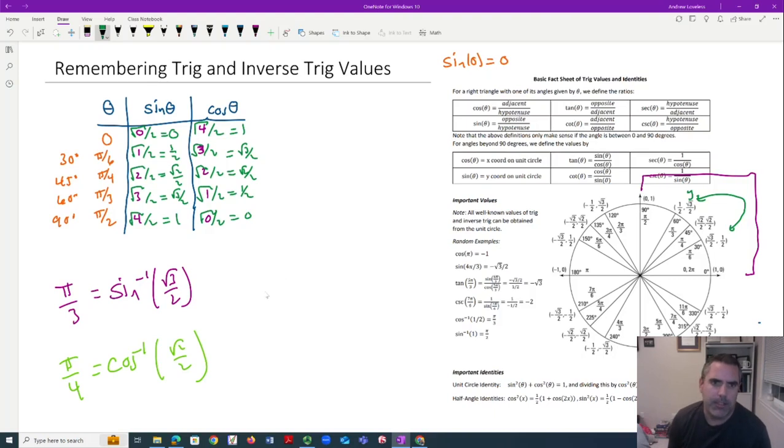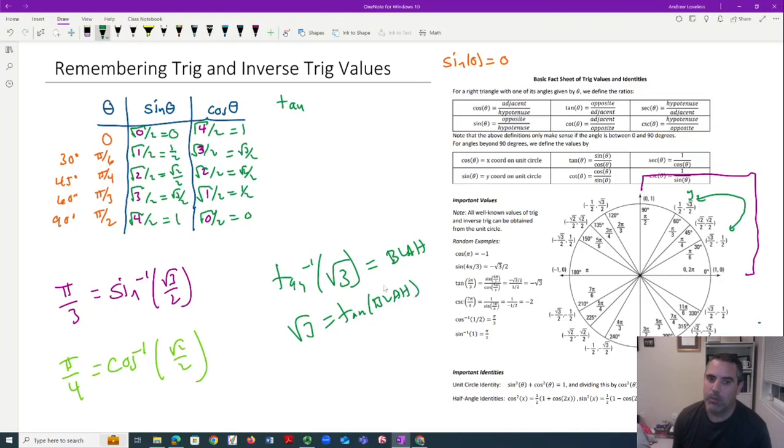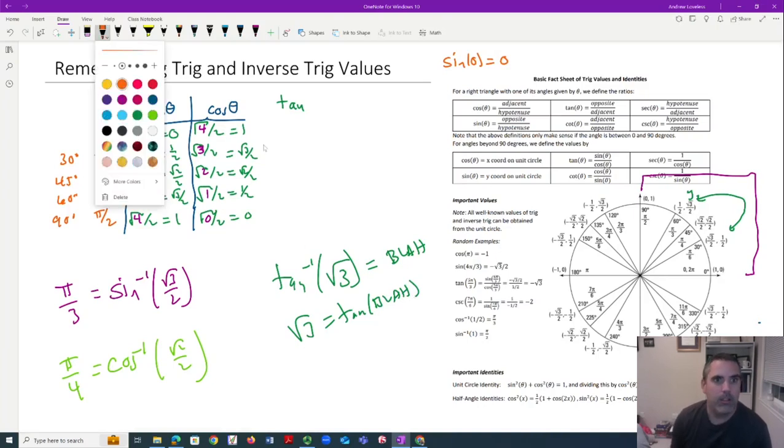Okay, so something like an inverse tangent. So you could, honestly, if somebody asked me for inverse tangent of root 3, what I would be doing is I would be looking for when sine over cosine. So I think of tangent as sine over cosine. When is sine over cosine? And maybe it helps if you have trouble with this, is just say a blah. And then say square root of 3 is tangent of blah. And then say, when would sine over cosine be square root of 3? In other words, when would